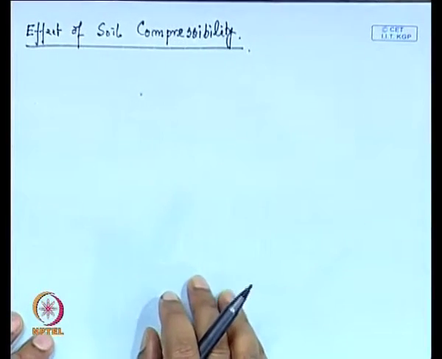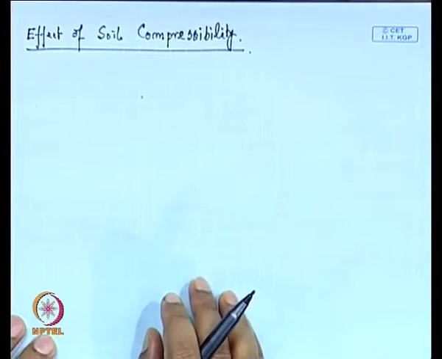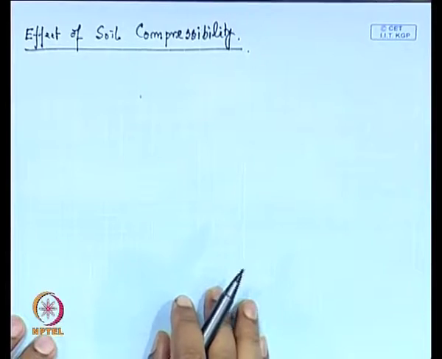Now, when I was discussing Terzaghi's bearing capacity analysis, that analysis was developed initially for general shear failure, and then it was modified for local shear failure. That means the general shear failure and local shear failure conditions depend on the compressibility of the soil. Now, we can incorporate those things in detail, for this effect of soil compressibility, in this section by this process.